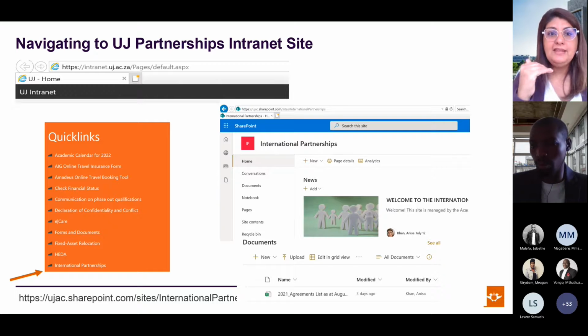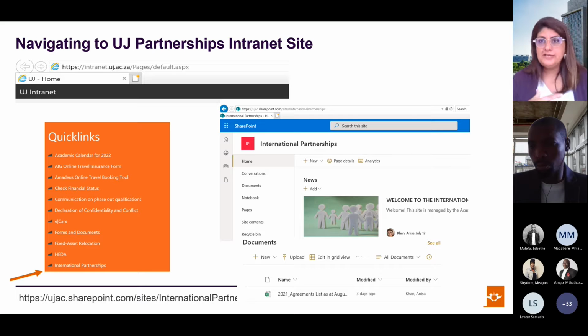And then on the SharePoint site, you will find a section that says Documents, and if you click on that, you will be able to access our agreements list. So that is where you can find more information yourself. But then, of course, if you want to drill down and find further information about this, you should please contact